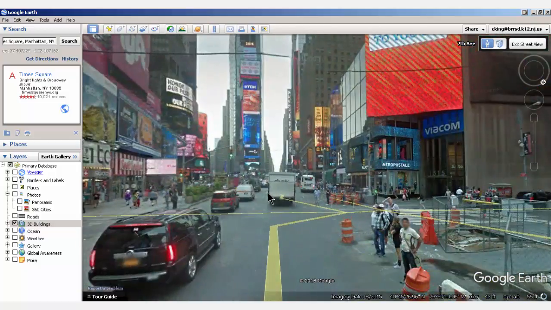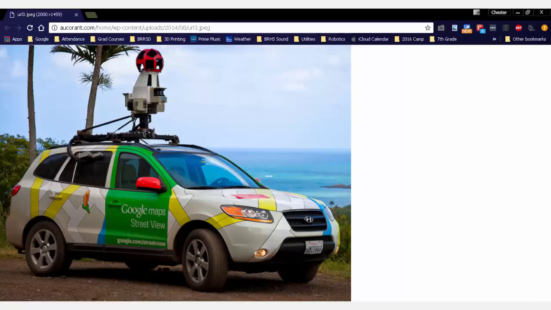Now, how do they get all these images? Well, they get them with this car, the Google Maps Street View car. This ridiculous looking car drives around with this three-dimensional camera and takes pictures of the streets all the way up to the tops of the buildings for use of the imagery inside of Google Earth. If you look hard enough around your town, you may even see someone you know or yourself on the front lawn